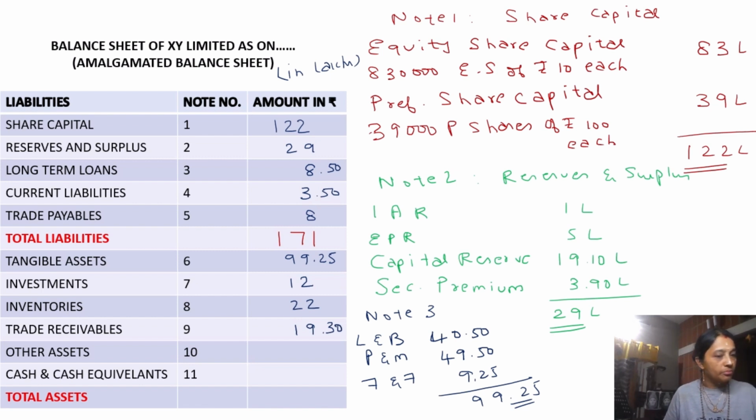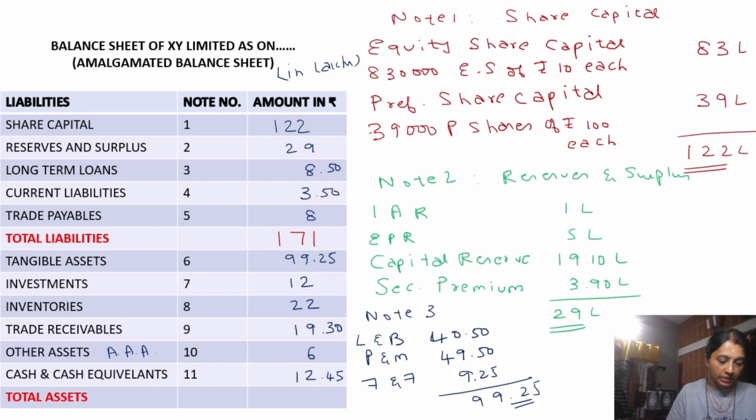Then you have other assets. We take amalgamation adjustment account. Show it in note 10. You have amalgamation adjustment account of rupees 6 lakhs. Then cash, bank balance, how much you have? You have 12 lakhs 45,000. So when you take all these assets, you should take all the assets and liabilities shown in the opening